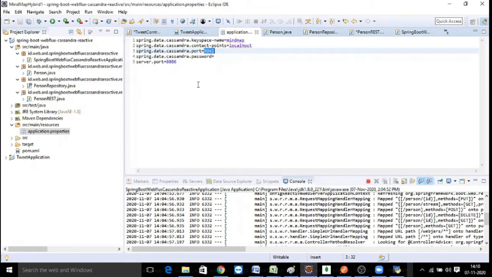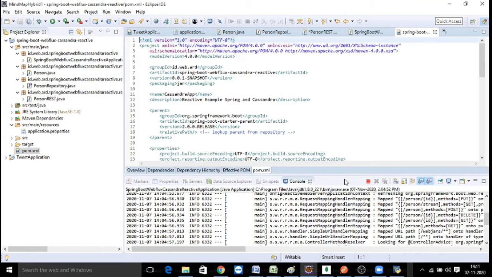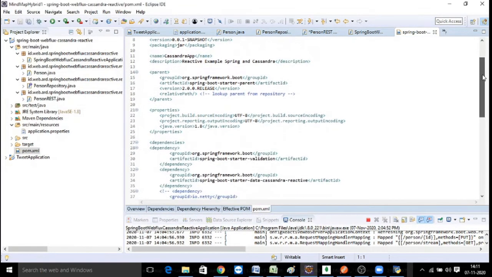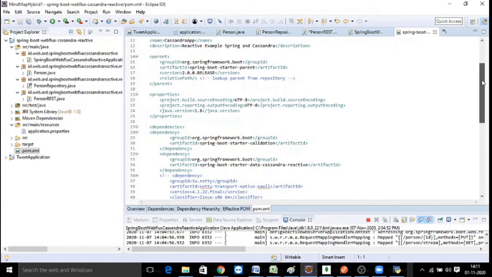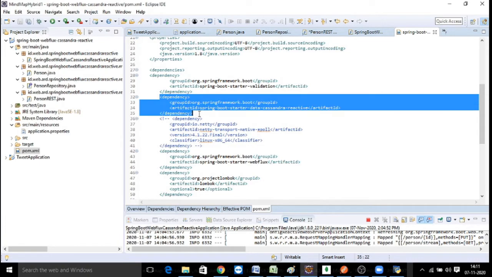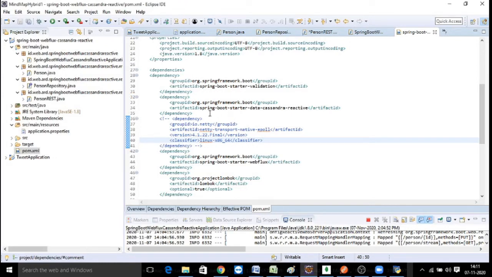These are the details we need to give, and the required dependencies for the Cassandra application are, as usual with a Spring Boot application, the Spring Boot starter parent. Now we need an additional reactive repository dependency called Spring Boot starter data Cassandra reactive, whereas with Mongo we used Spring Boot starter data Mongo reactive.